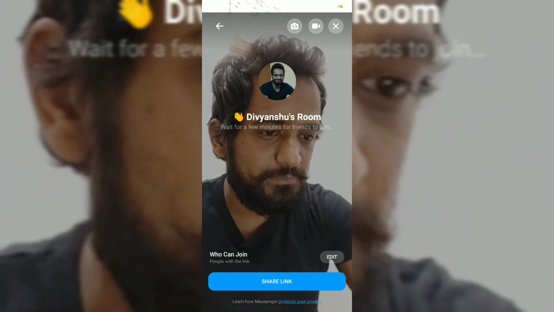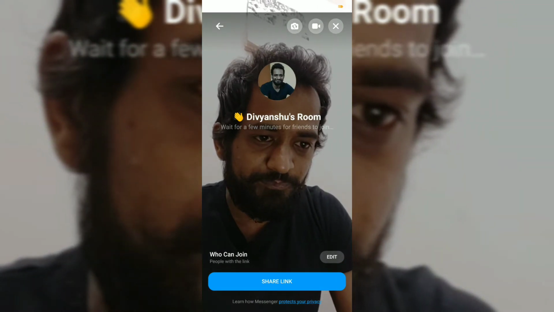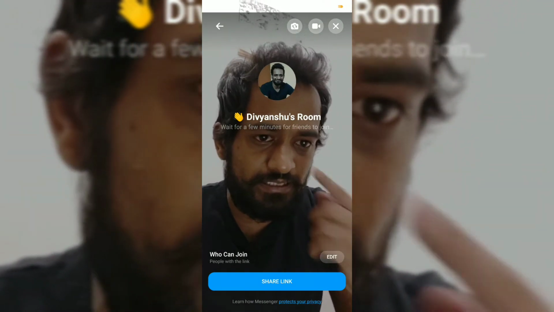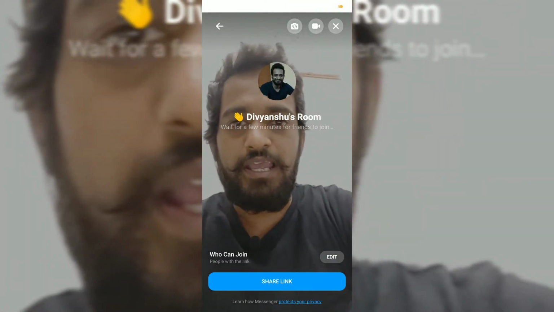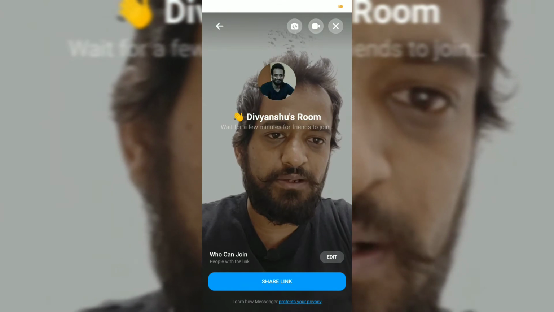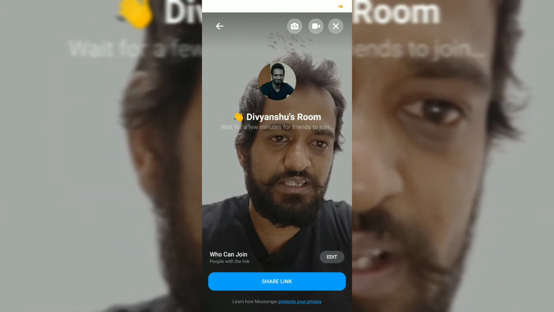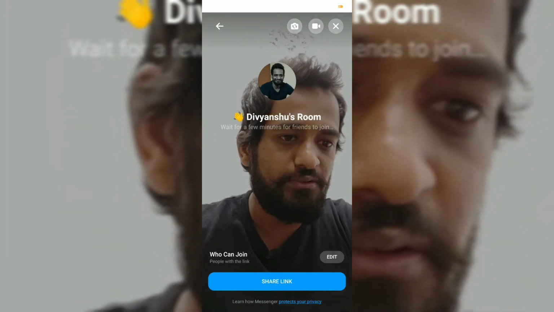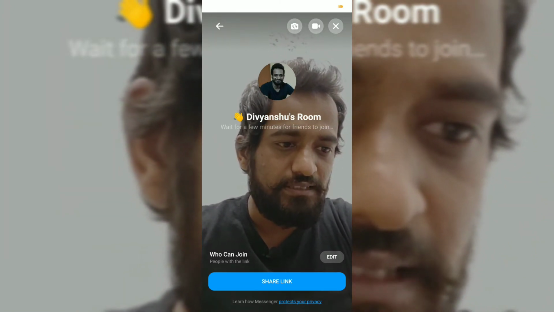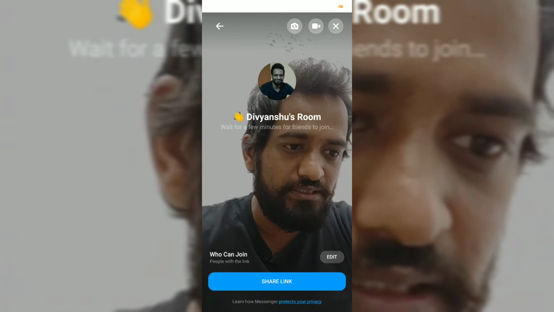Meanwhile, I'll be creating this through desktop. In desktop it is pretty simple. You have to simply log into your Messenger, and once you log in you will find this plus video icon. Just click over it and you would be able to create a room. It will ask you how you want to join.